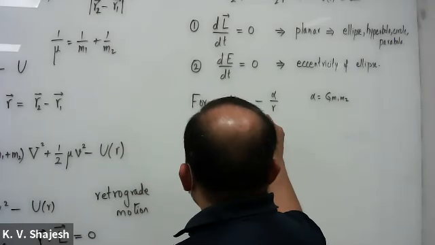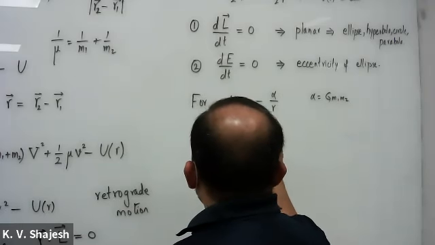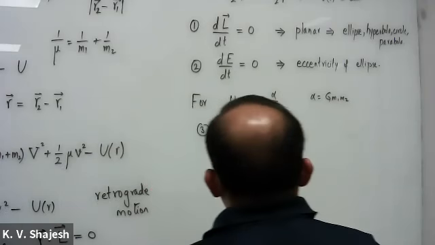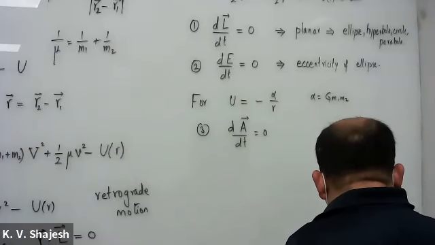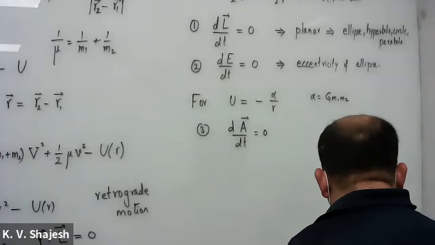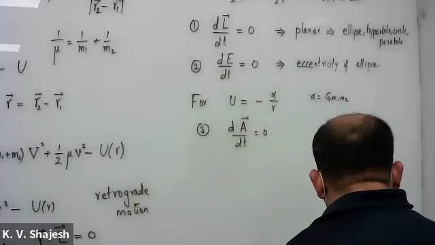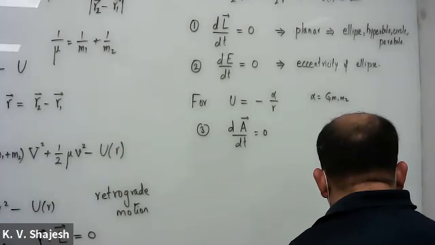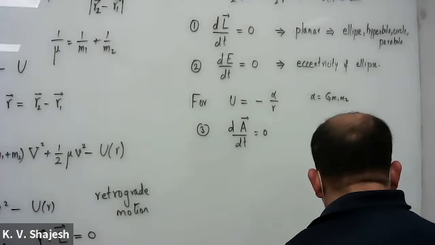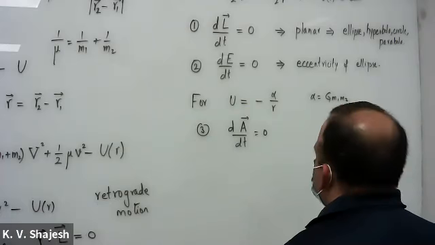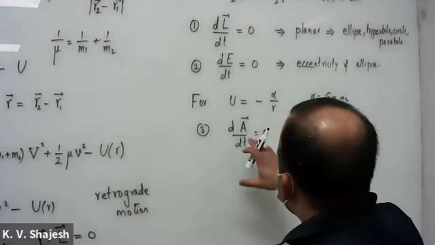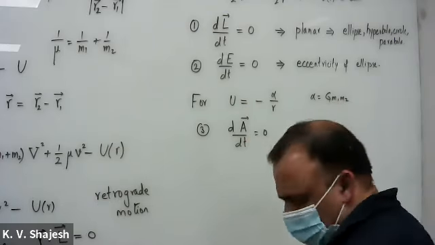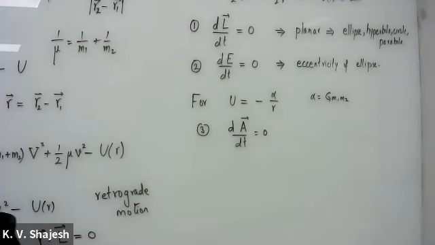This is dA by dt is equal to 0. Let me not, instead of giving you the formula, so the point is every time there is a